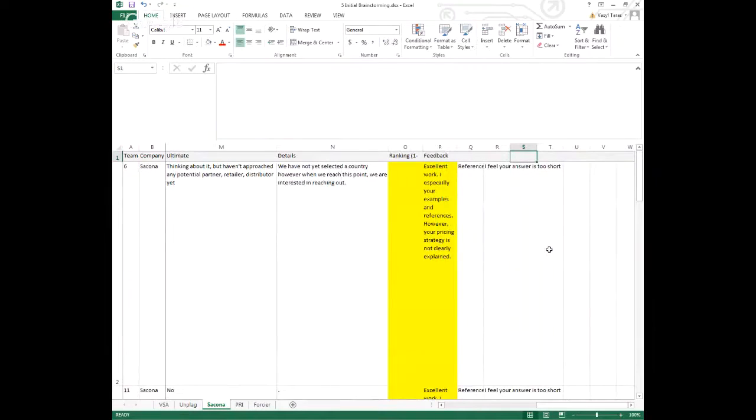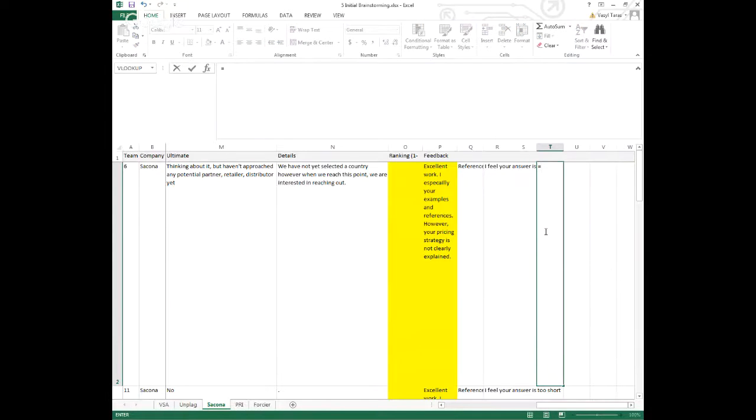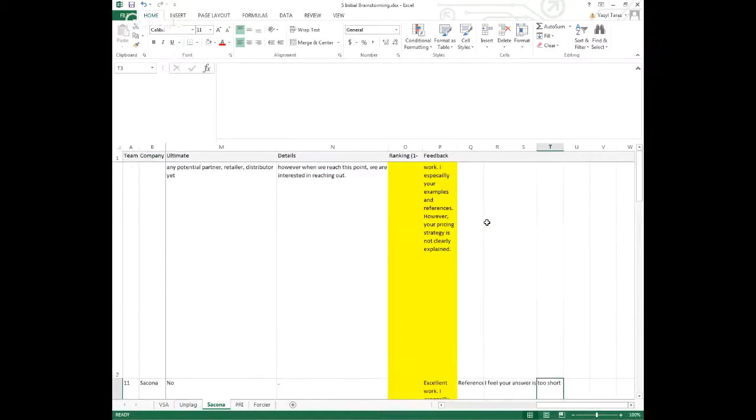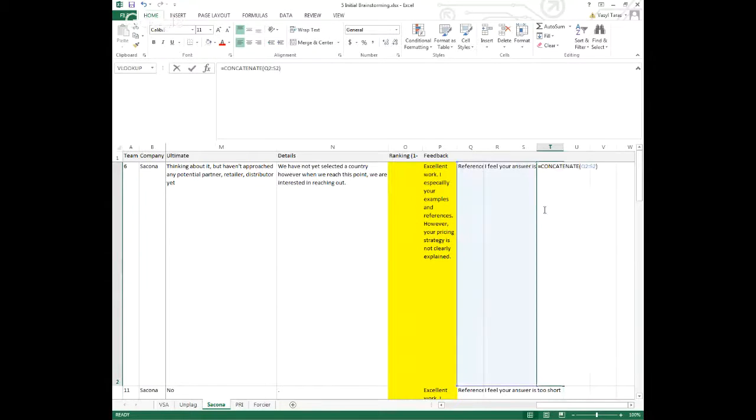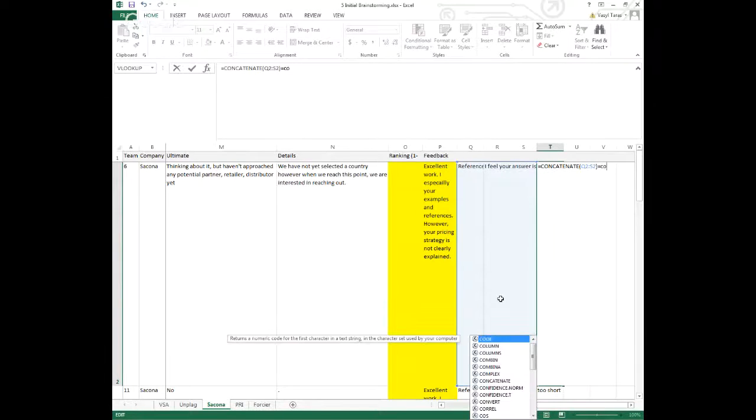Then it's very easy to concatenate those answers. You don't have to do it if you're not very comfortable with Excel, but if you want to learn something new, this is what you do. You put the equals symbol and start typing concatenate. Once you type concat, you get some help from Excel, and you choose that function and select all three columns. You close the parentheses, and see what it does? It just puts the whole thing together. Why did it not do it? Let me try to do it again.